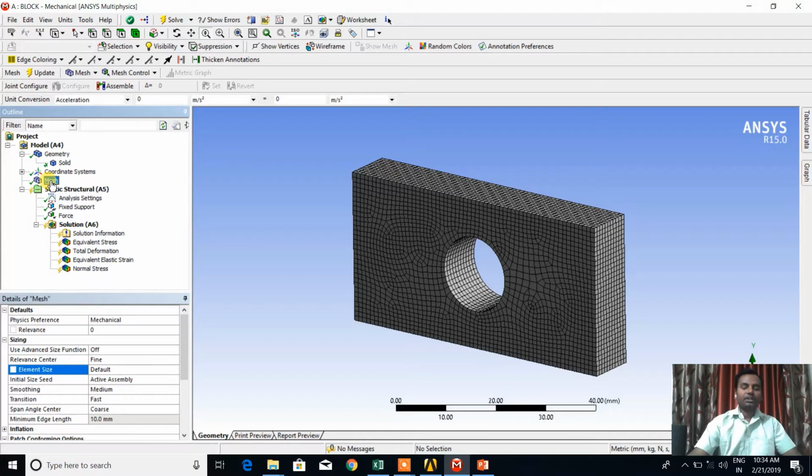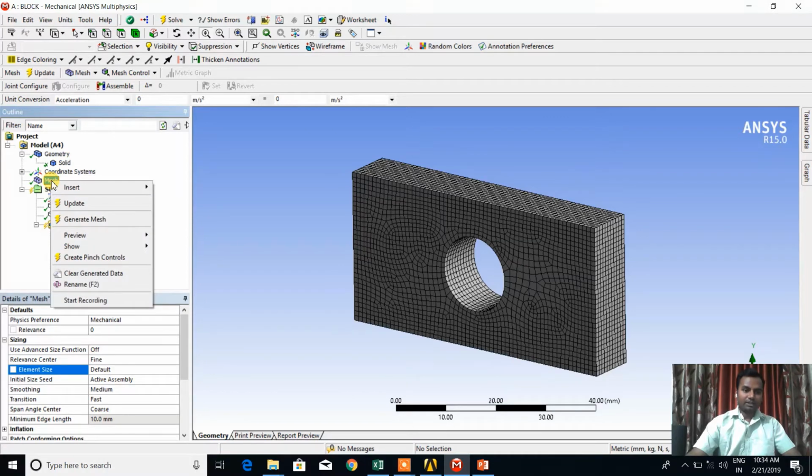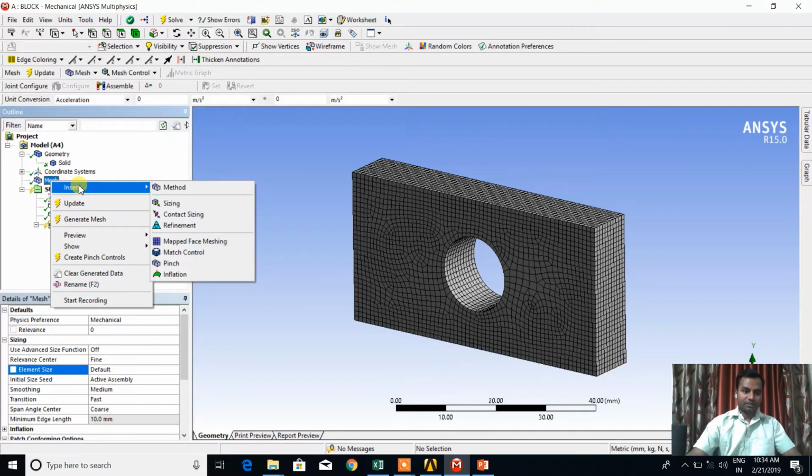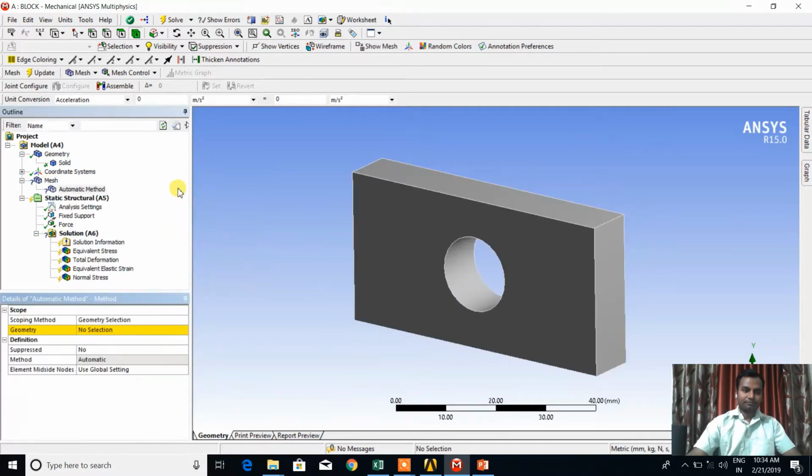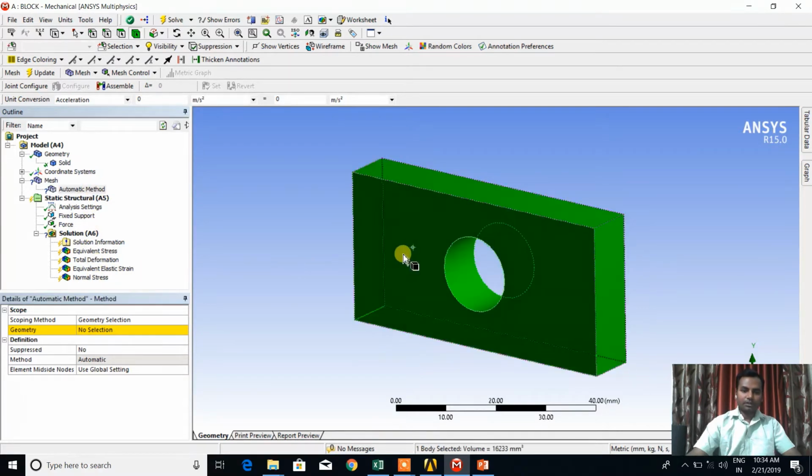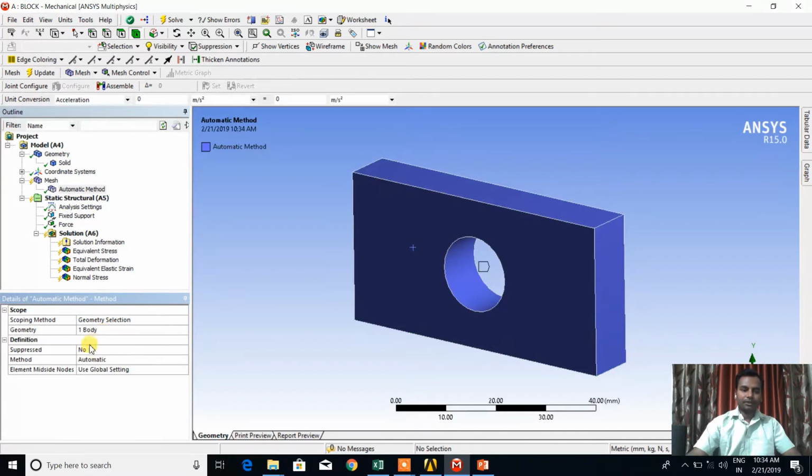First of all, check the types of meshing methods. Simply right click on the mesh and insert method. By default the automatic method has been selected by ANSYS Workbench. Click on the body, and under geometry with no selection, apply here.